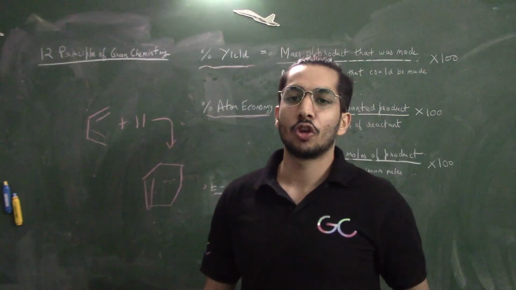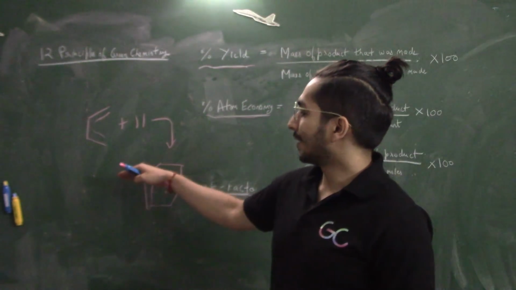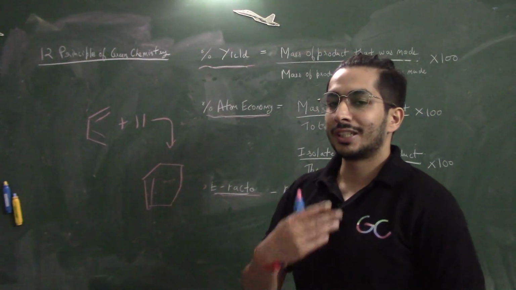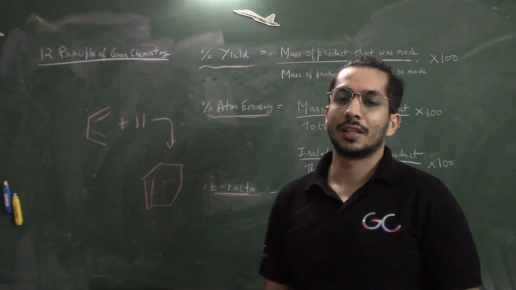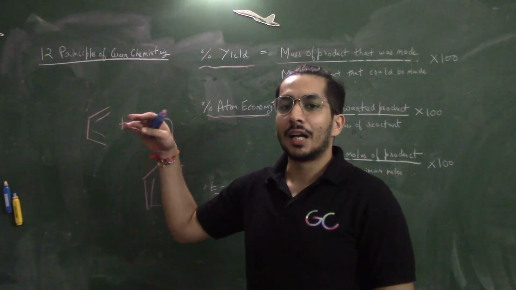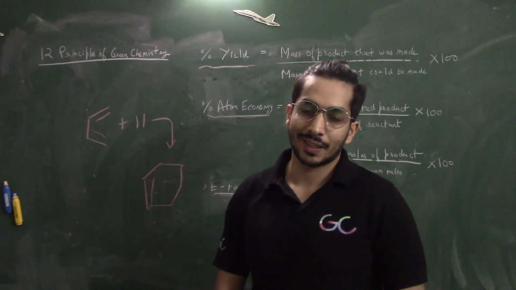So the maximum atom economy that you can get is 100%, and you can see in the Diels-Alder reaction we have got the maximum possible atom economy. So it is actually applicable to all kinds of pericyclic reactions, be it sigmatropic, electrocyclic. So if someone asks you for the examples, then this is the classical example.